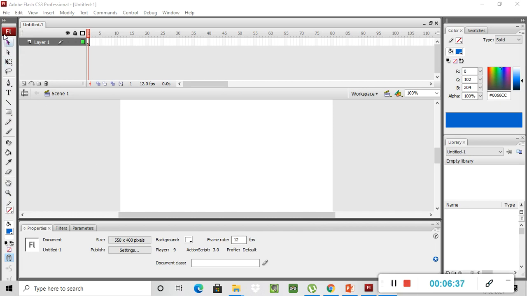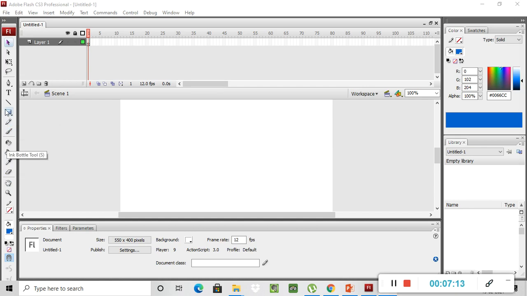Okay, now see students, if you observe the tools panel, it is divided into some groups. This is one group, this is another group, this is another group. So first, these tools till the eraser, you can see these tools till the eraser.